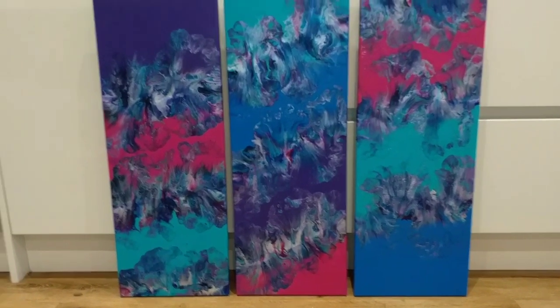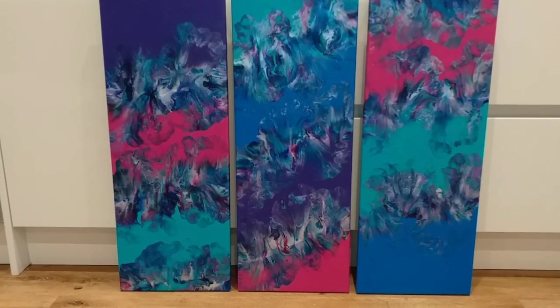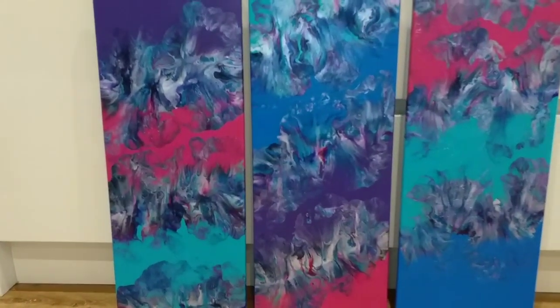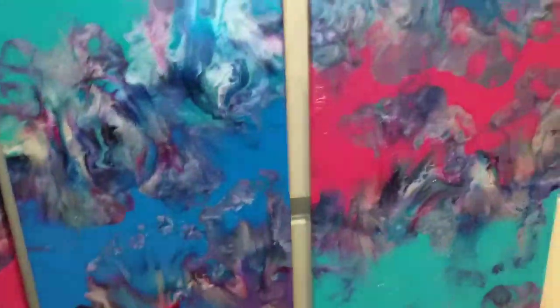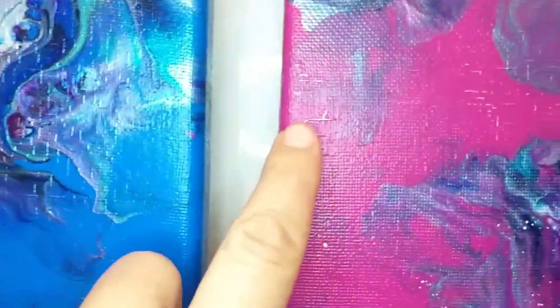But I'll show you the good bits about this painting. So first of all, the colours. Wow, love the colours. They are mental. They're crazy. They've darkened up nicely, which is what I was wanting. Let me go in for a close up. I'll show you first of all the problems with the piece. If I go in really close, you can see here